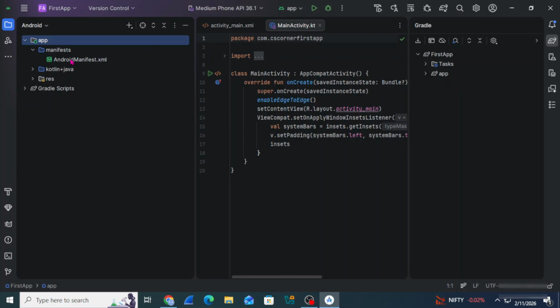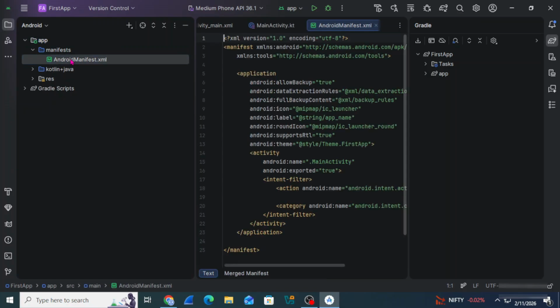Now here at left side you can see it's showing me my projects, and here it's showing me my main activity.kt file. So let me first explain you about the folder option, the different folders which are created when you create any Android application. So guys, here you can see we have my app, nothing but my project name.